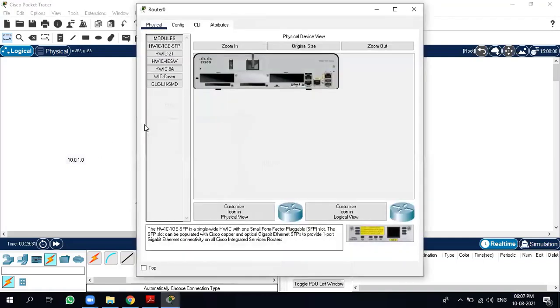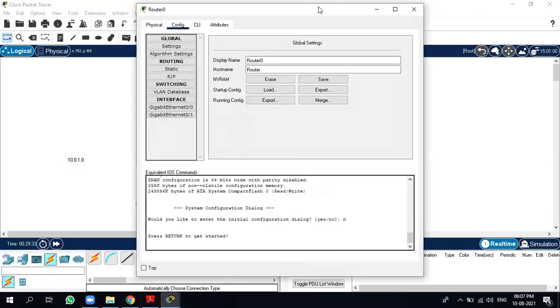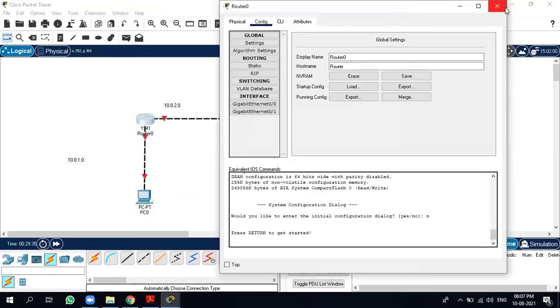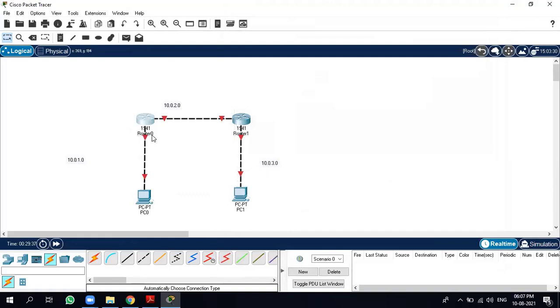Click on the router, go to the config tab. Now we need to check at which port these devices are connected. So you can simply hover your pointer over here. So you will see here gigabit 0/0 and FA0, which means this router is connected through the port gigabit Ethernet 0/0 for this network. So what we will do,